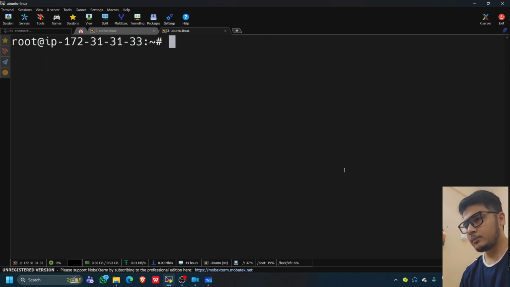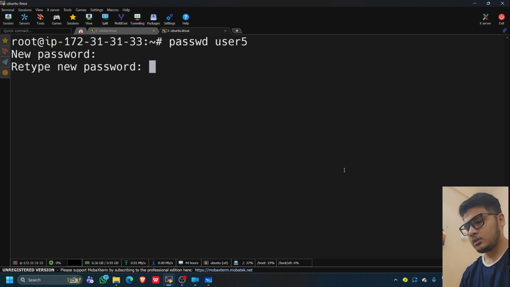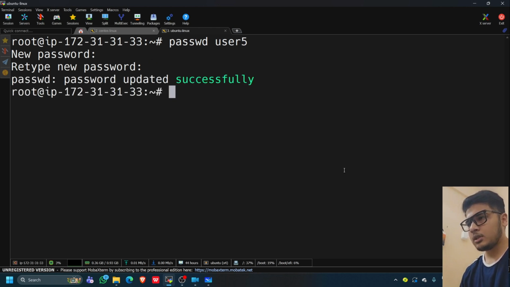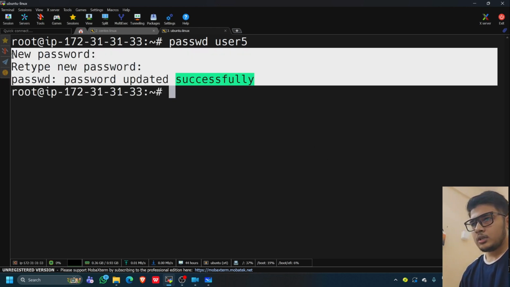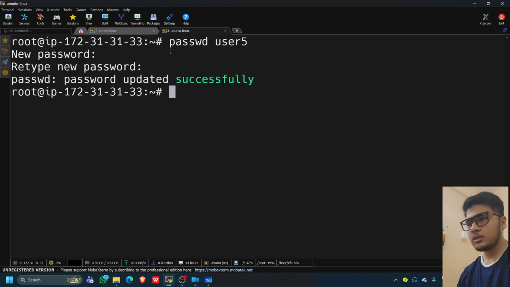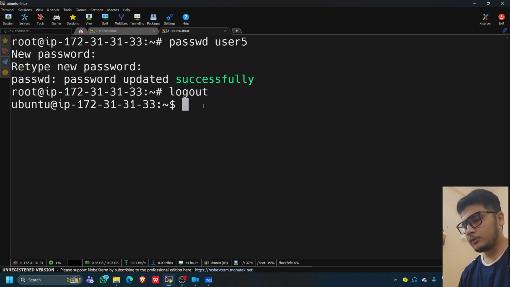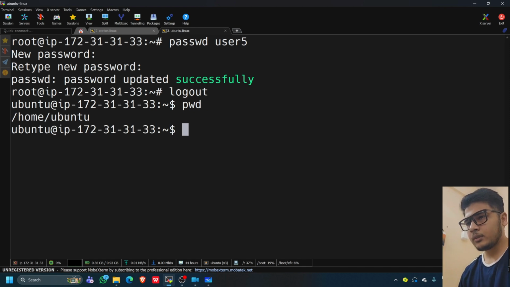Let's say I want to set the password. I can simply write passwd user5. Then I can give the password, then retype the password. It's set now. One more thing: if you are logged in as the root user, you can set the password of any user. And if you are some different user, like the Ubuntu user, which is a normal user,